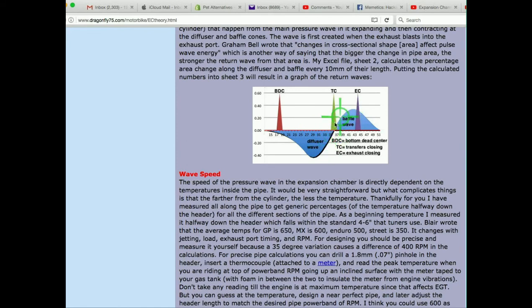When you have a nice straight line there between the two, it's because the belly is short enough to cause the trailing end of the diffuser wave and the beginning of the baffle to overlap and to cancel. So the real end of that wave would probably be about right here. But anyway, if you look at this green crosshair and you think of it as being a piston, right now the top of it is